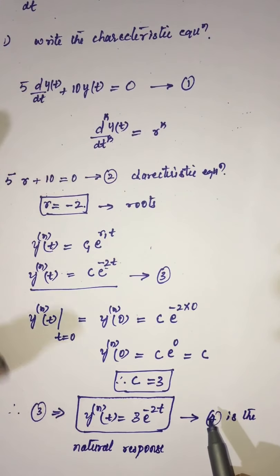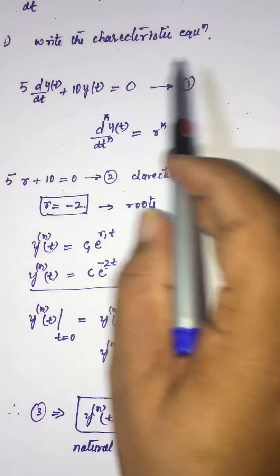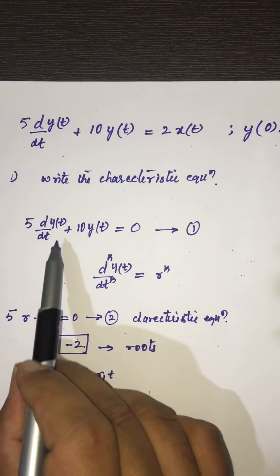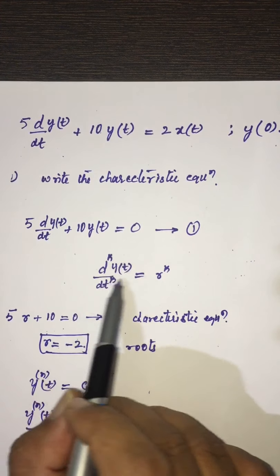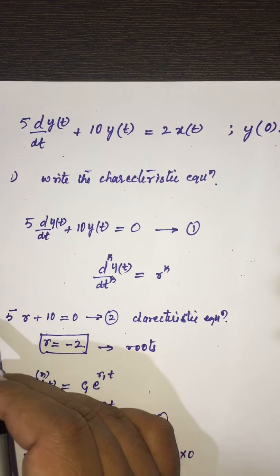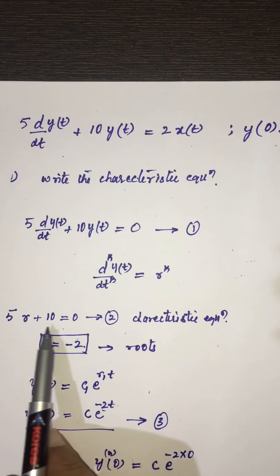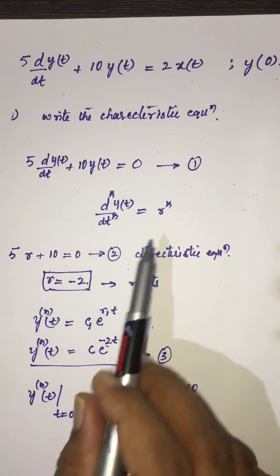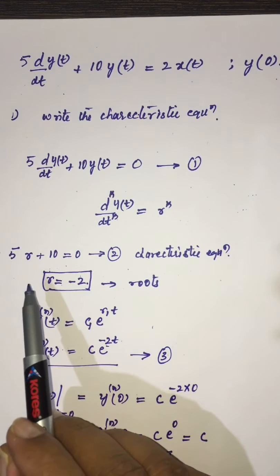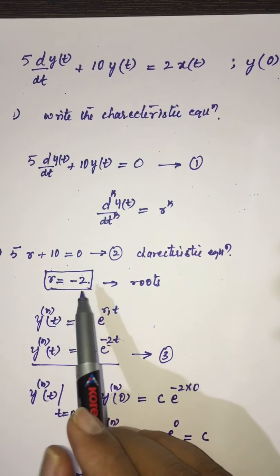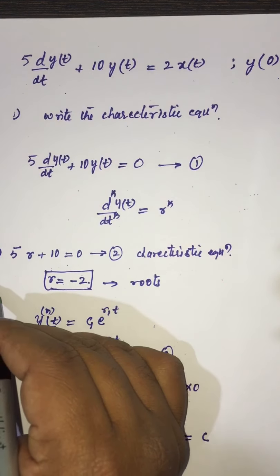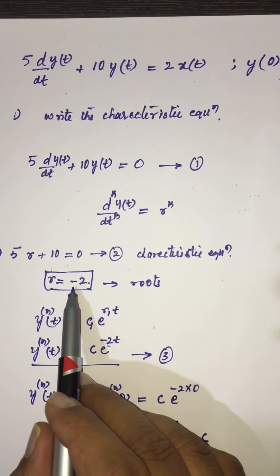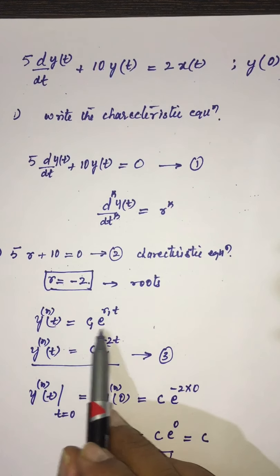So based on here, we need to remember three important points. First step is to write the characteristic equation. The second step is to substitute with respect to the degree of the differential by r to the power of k. After substitution we will get this equation with respect to the given differential equation. Upon substituting r, we will obtain one quadratic equation. Upon solving that quadratic equation, we will get the roots. Now based on the type of roots, this is the third step, which is also very important. Based on the type of root, we need to take the natural response into different forms.